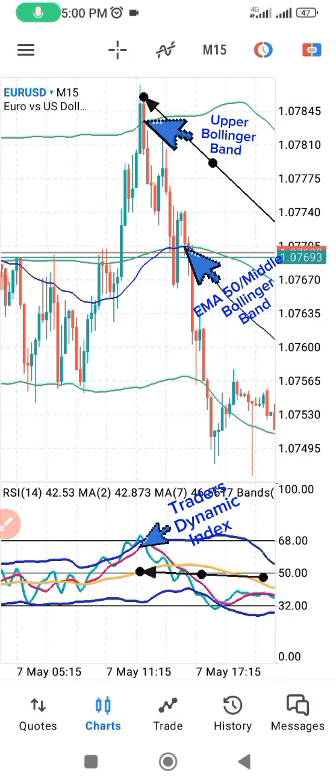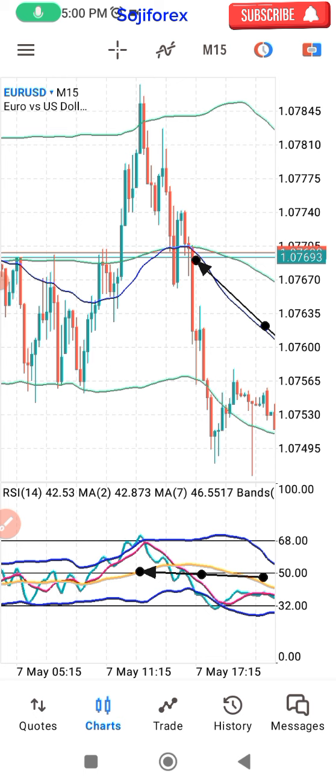Then for a buy or sell continuation trade, where you want to buy or sell as a continuation, you pay attention to the middle Bollinger Band and the 50 exponential moving average, this blue line, the 50 EMA and the middle Bollinger Band. You pay attention to it for a continuation, either a continuation for a buy or a continuation for a sell. Then condition number two,